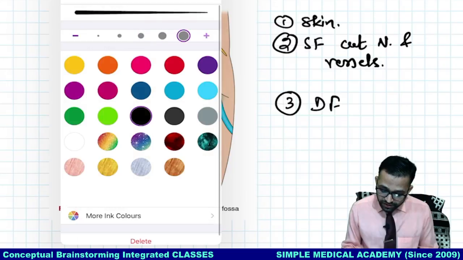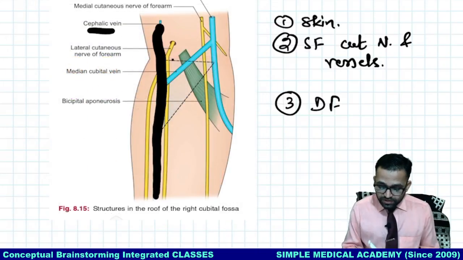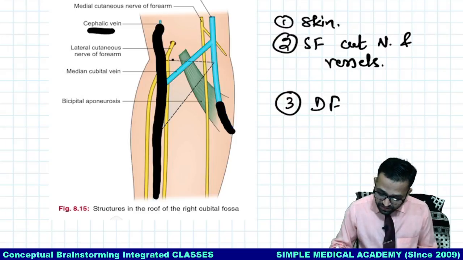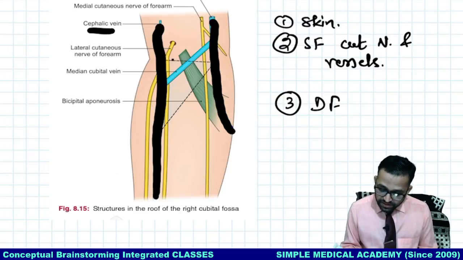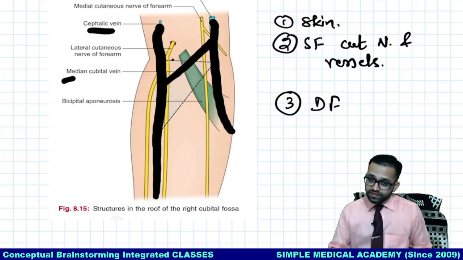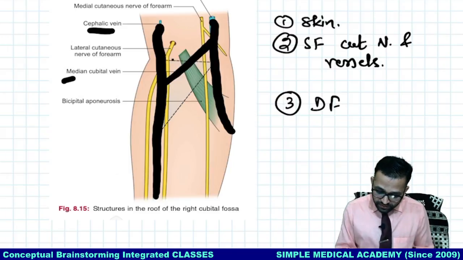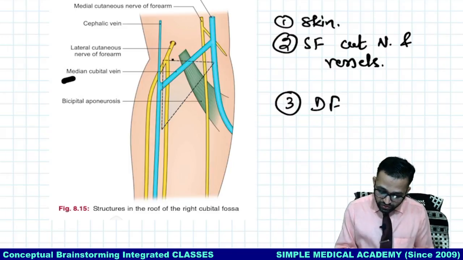We observed earlier, there is the one vein which is running laterally, the cephalic vein, another vein which is running medially, that is the basilic vein, and the vein which is shunting them together, the median cubital vein. These all are in the superficial fascia, we have seen. Getting the point? Now these are having a close relation with the nerves.